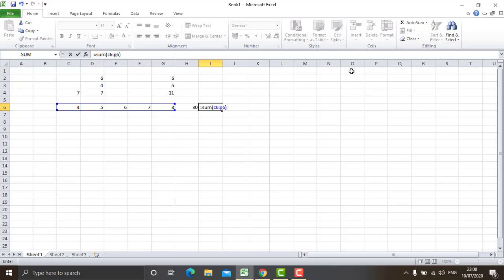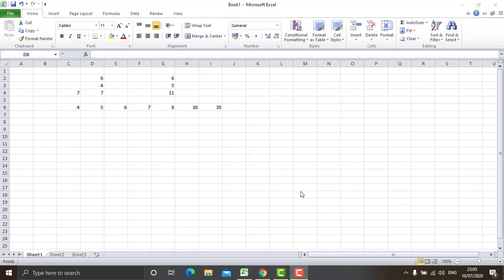So we can see it is highlighted from this cell to this cell. As you press the enter key, you will see the result. The result is 30. So is equal to SUM. Sum is a function. It will add up all the numbers from C6 to G6. The result came in this cell, that is I6.